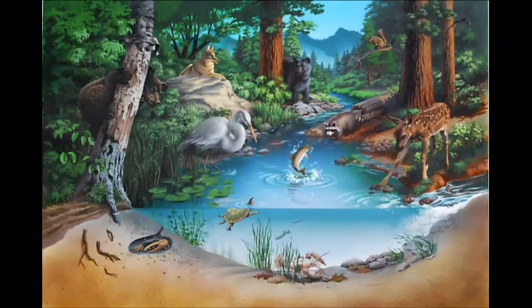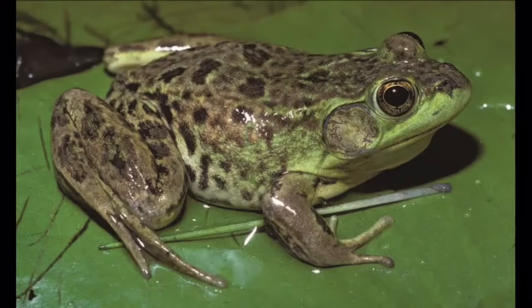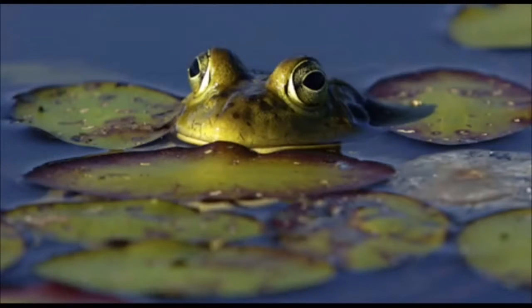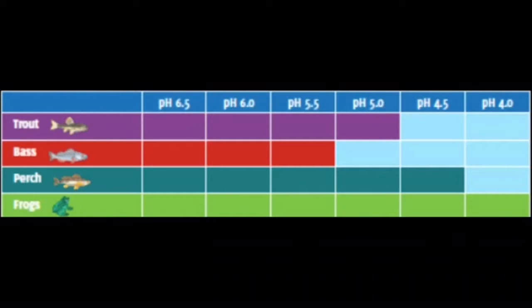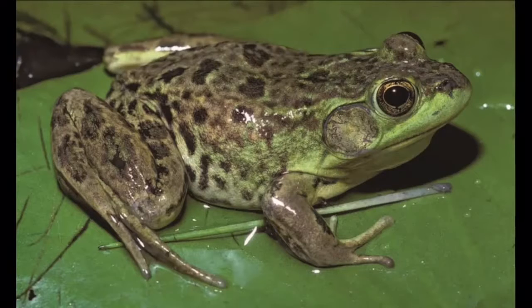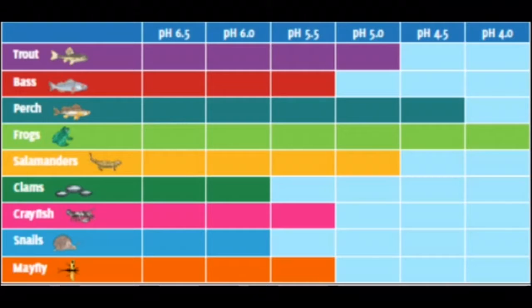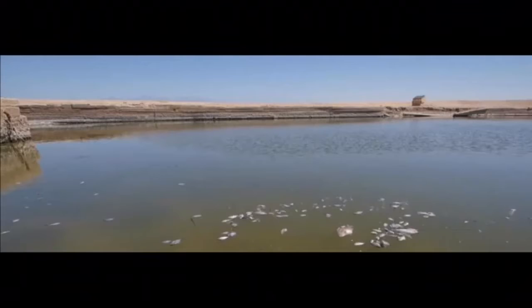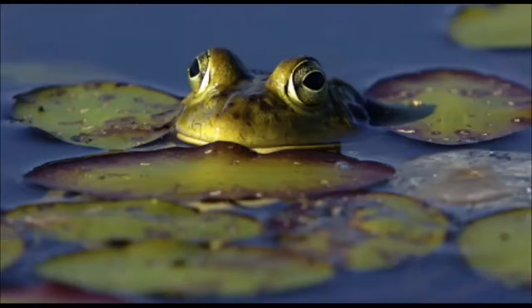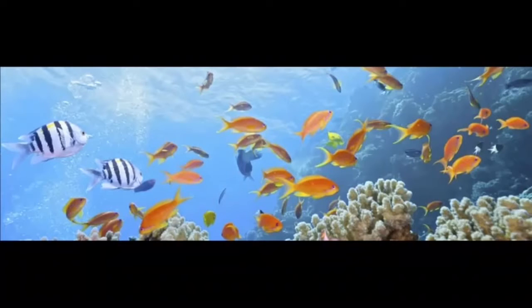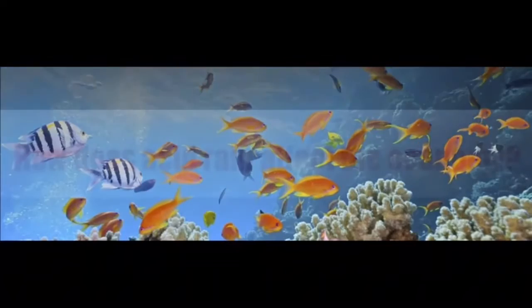Acid rain could affect the food supply for species, for example, frogs. Frogs are one of the amphibians of the aquatic environment and can sustain themselves underwater, even at a pH of 4.0. The frog's main food source, mayflies, can't sustain in an environment at a pH any lower than 5.5. When lakes are contaminated with acid rain, all mayflies will be wiped out, and there is no food for frogs. This then leaves the food chain incomplete. So for the most part, acid rain has a negative effect on aquatic and forest areas.